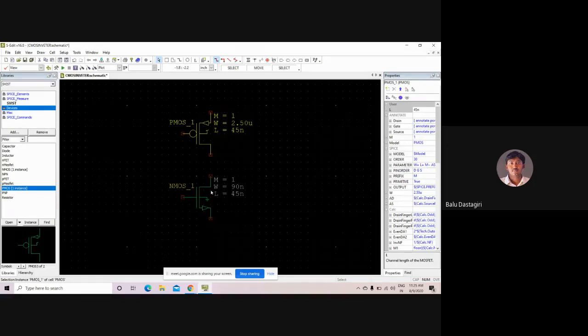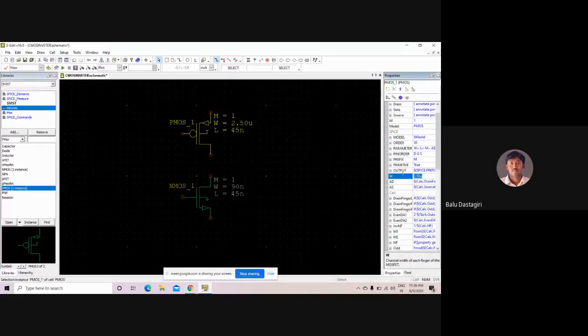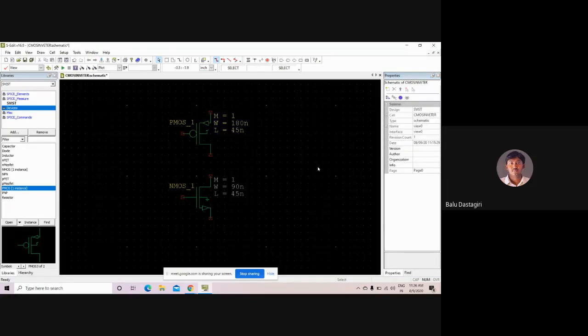Here the width of NMOS is 90 nanometer, so keep the width of PMOS as 180 nanometer. So I have kept 180 nanometer here.